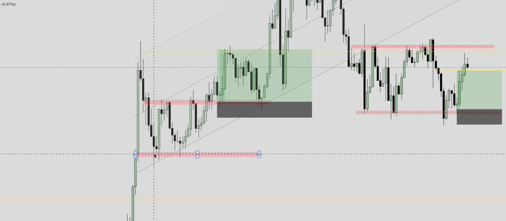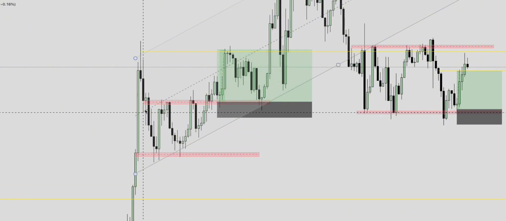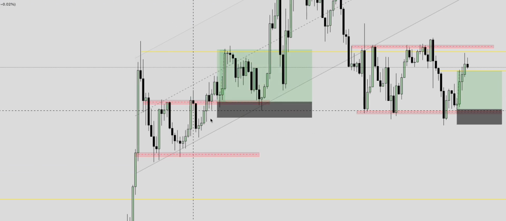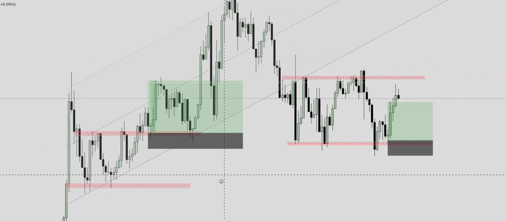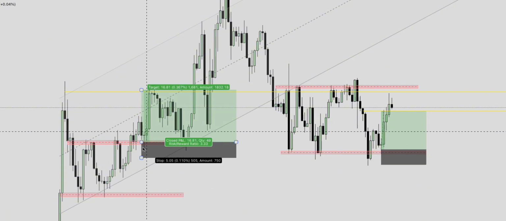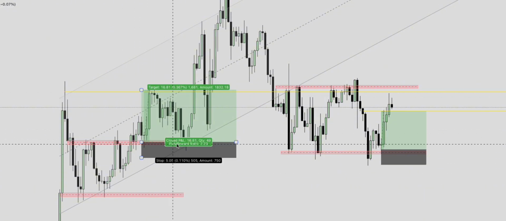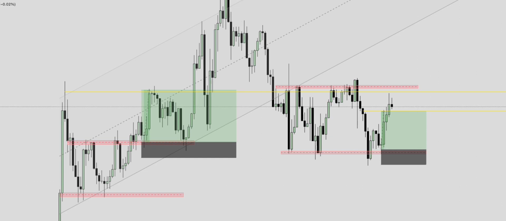For instance, now it stops here. This is the zone. I want to put my entry in the middle of here. Without stress, nothing. The market stopped here and reacted. That's if you're looking for sell, but we are looking for buy. We're always looking for buy for now. So that's the same pattern as yesterday. As you can see yesterday, my trade gave me the TP and immediately after the TP it reversed.